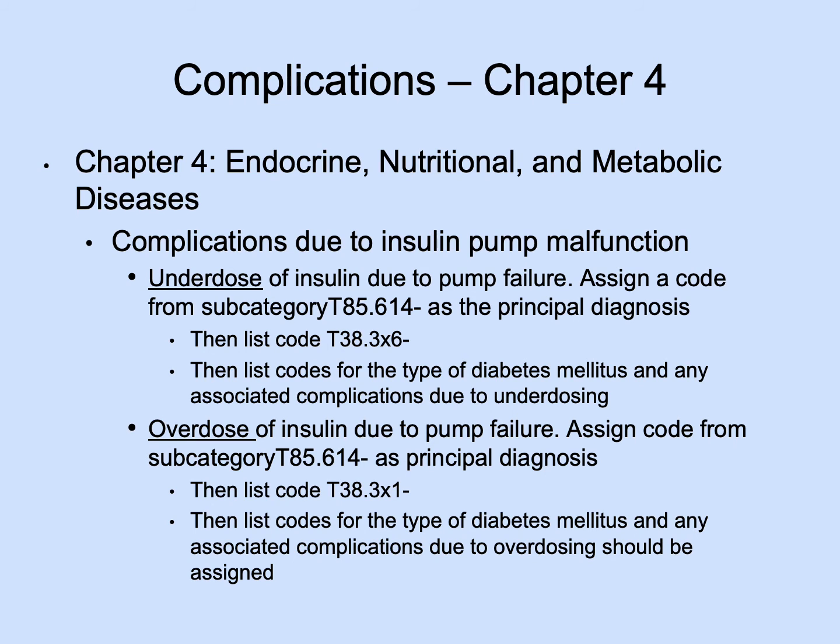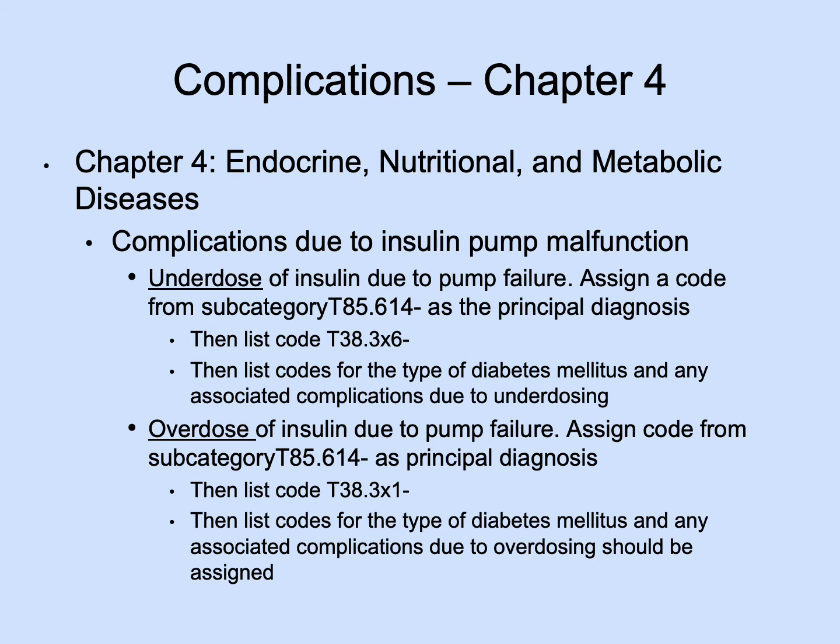Moving on to chapter 4, endocrine system. So the guidelines are basically for insulin pump malfunction for diabetic patients. So you can have underdosing or you can have overdosing. So the pump breaks and gives you too much or too little. So the guidelines state if it's underdosing,